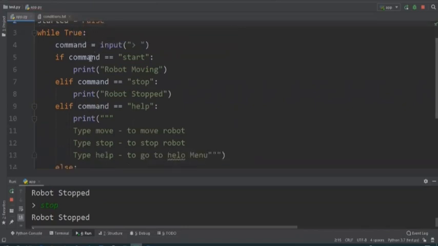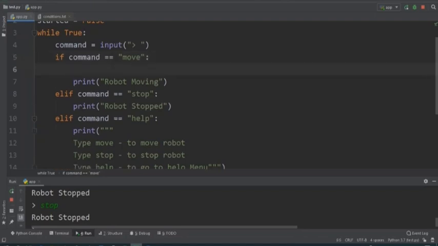So I can come down to my if command, if start, sorry, actually it's not start, it's move. If command is equal to move,